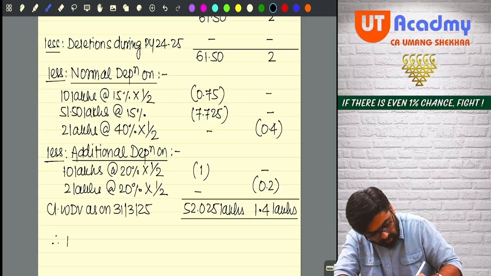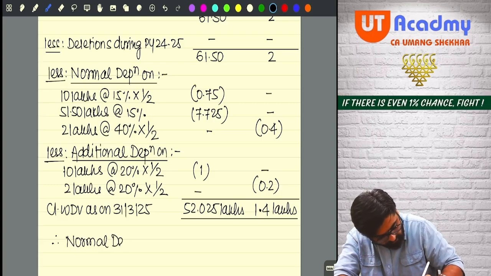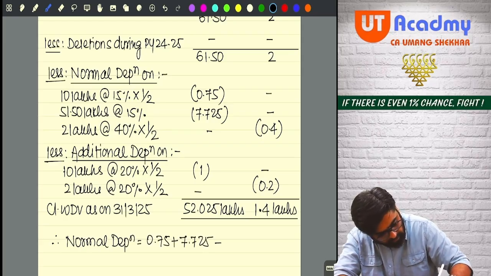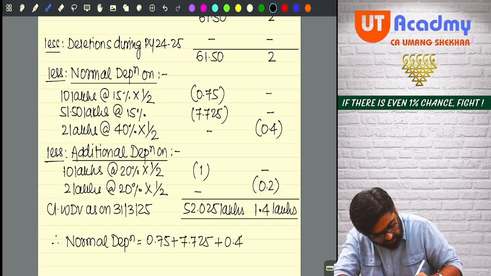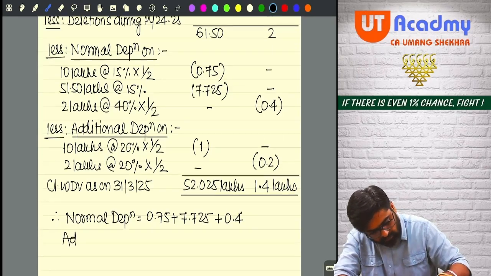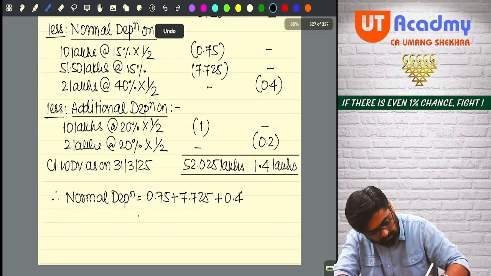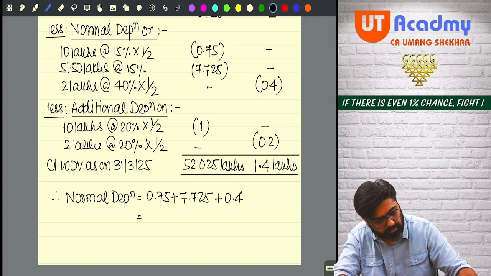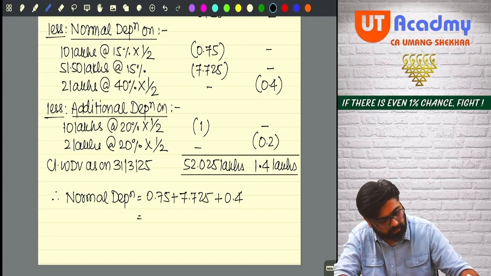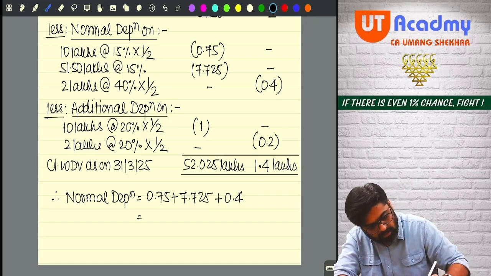Okay, therefore my normal depreciation in this case total is 0.75 plus 7.725 plus 0.4 and additional depreciation. Wait, first let me total this. 0.75 plus 7.725 plus 0.4 will be 8.875 lakhs